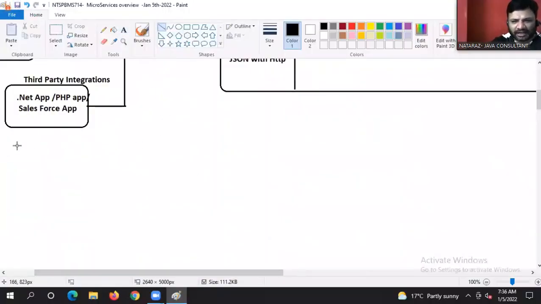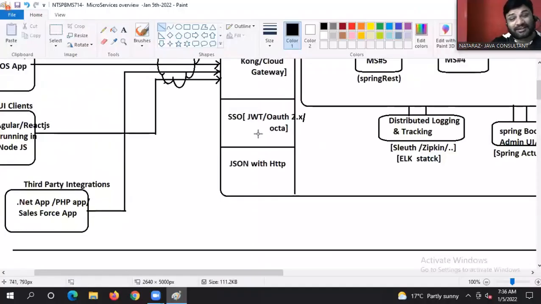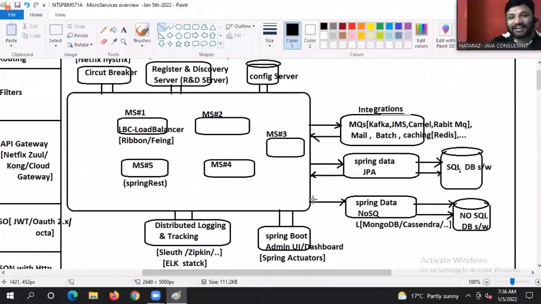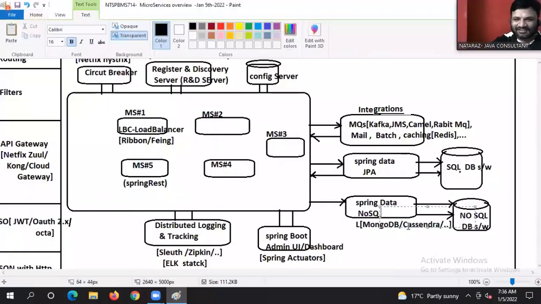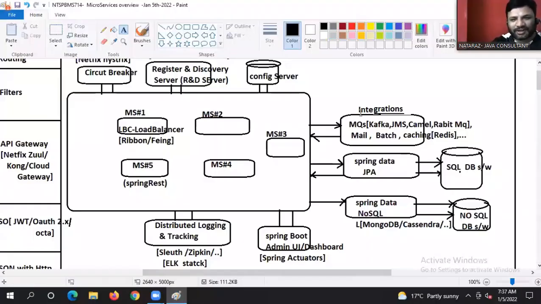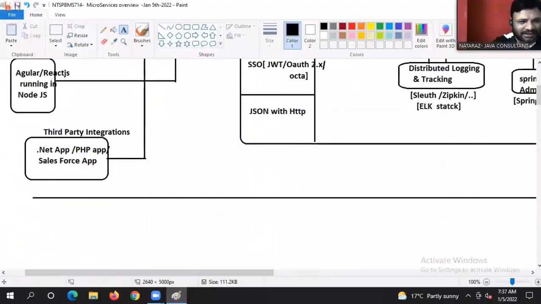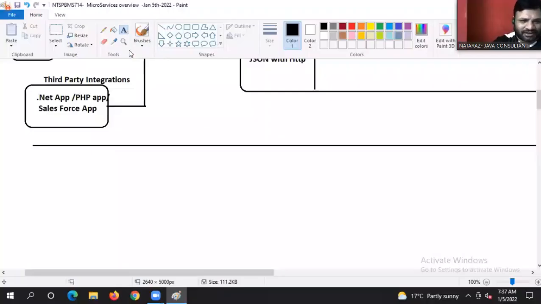I hope you liked the diagram. Now latecomers come and ask, sir, what is this? I know latecomers start asking, sir, what is circuit breaker? What is Sleuth? So I know that. Wait, my dear latecomers, whatever new word, don't start putting it in the chat box. Wait, I'll introduce one by one as one-liners. Don't worry.